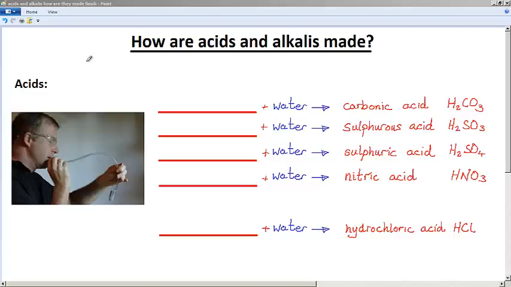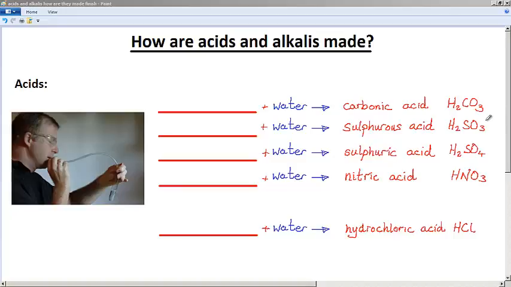In this lesson, we're going to have a look and see how acids and alkalis are made. Now, first of all, let's look at acids. Acids are made by dissolving some type of gas in water. Now, in these first four examples, we've got common acids that you will almost certainly encounter in your Key Stage